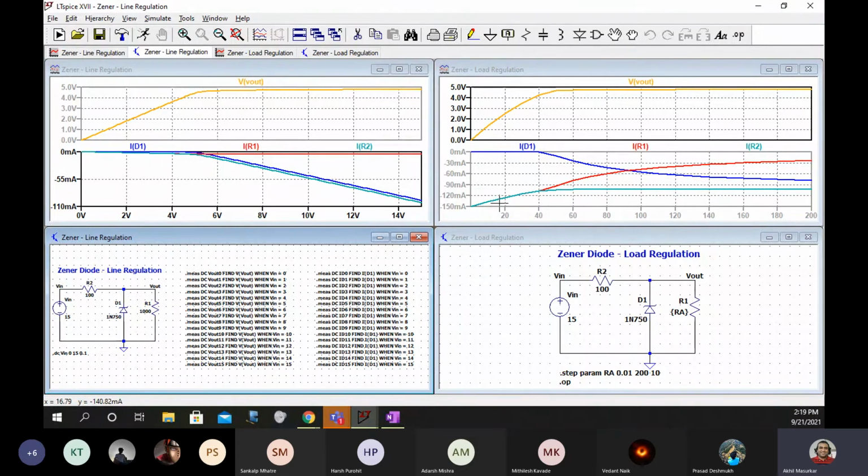Sir, what changes do I have to make in my load regulation to get the graph as you are getting? Actually, your circuit is perfect.